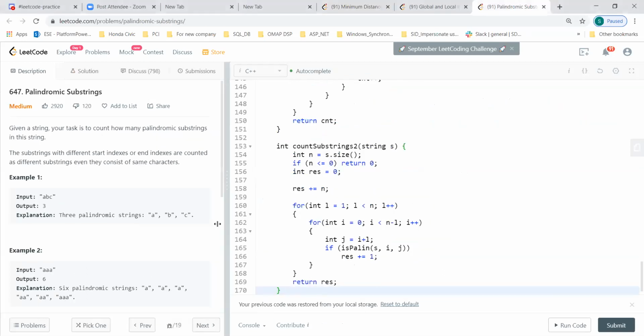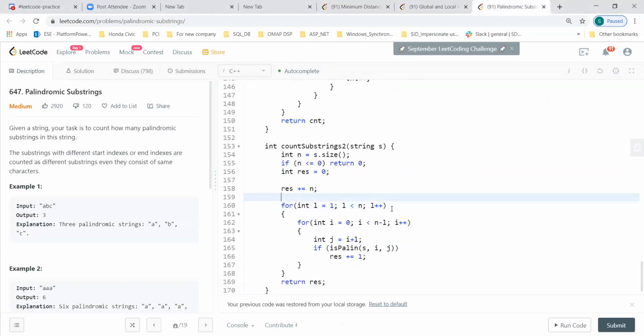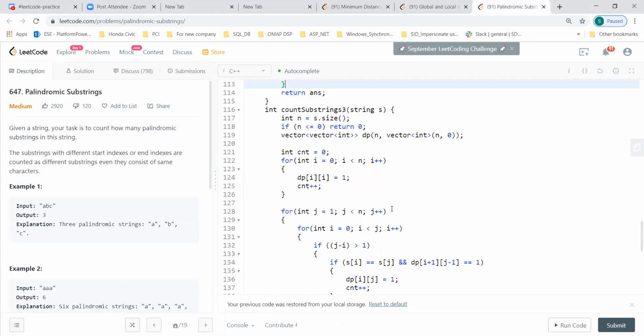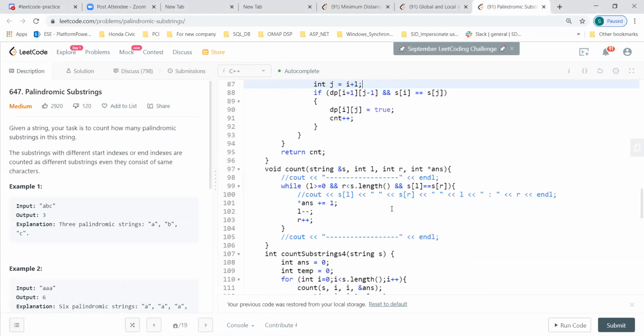I think the diagonal will always be true, like a single element is always a palindrome. Yeah, right. That would be the base case. Actually, I didn't use the top-down approach, but if I use the bottom-up approach,